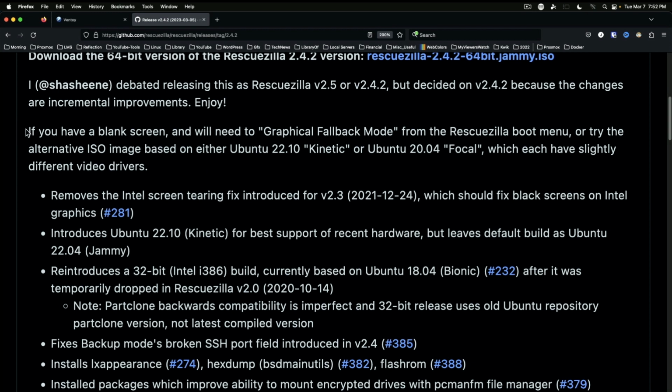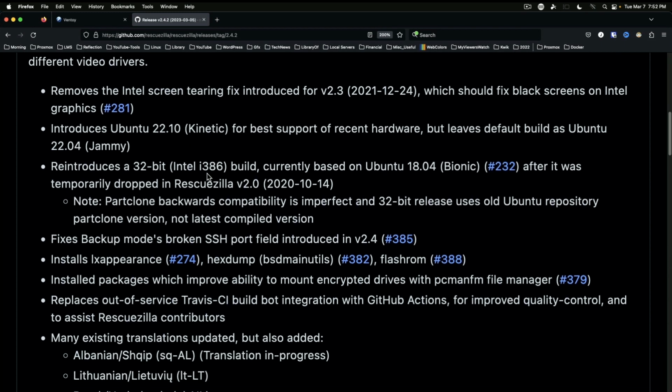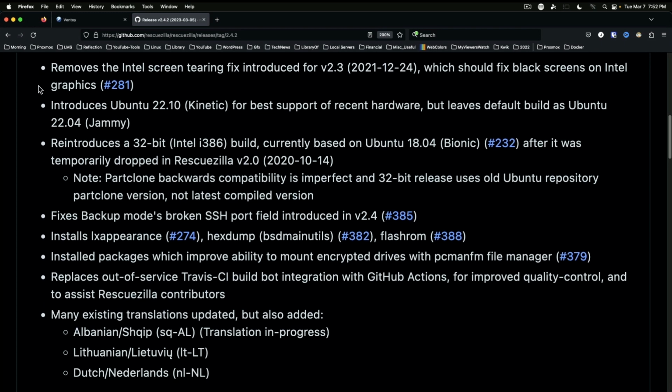If you boot and you end up with a blank screen, go into the graphical fallback mode from the Rescuezilla menu, or try the alternative ISO image. They have slightly different video drivers. So this new version removes the Intel screen tearing fix introduced in version 2.3, introduces an Ubuntu 22.10 version for best support of recent hardware, but there's also a default build based on 22.04,